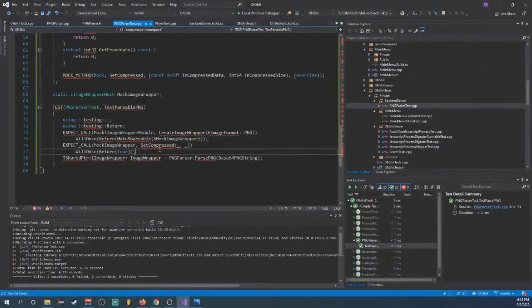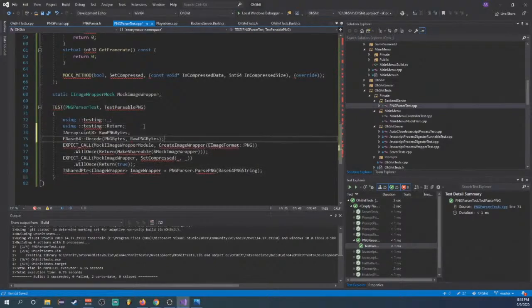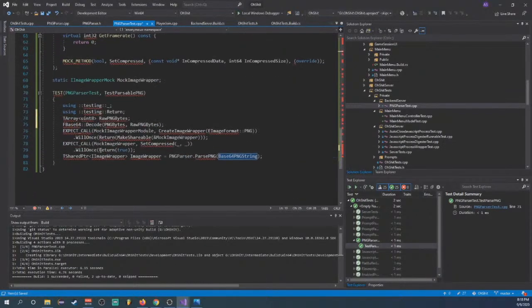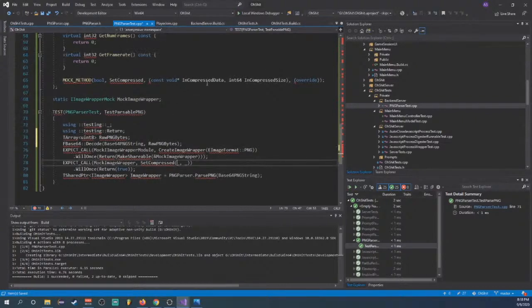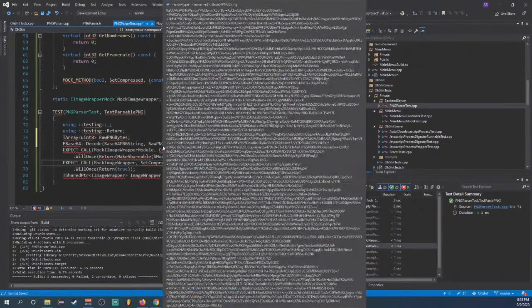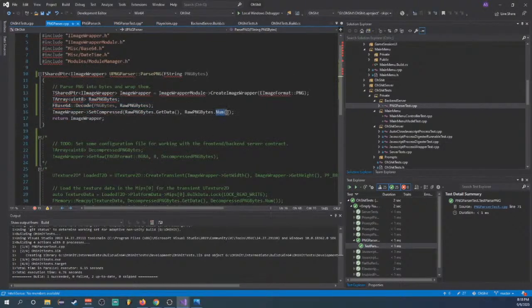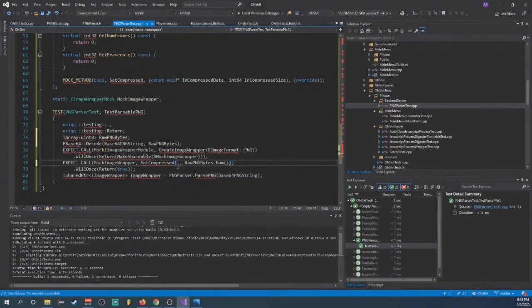I'll just copy and paste this code in. And our string is called base64 PNG string. Okay, good. And then SetCompressed, I'm gonna assume, takes in a void pointer, which we'll never be able to do, but I can always say it is equal to the number of the raw PNG bytes. This is not really a great unit test. This is a little bit of a